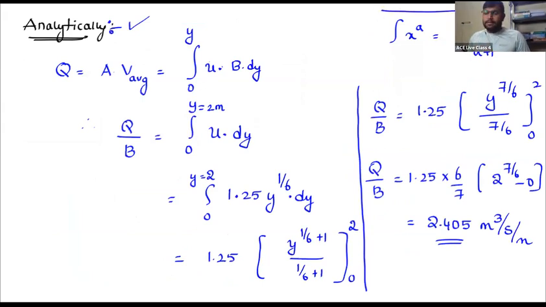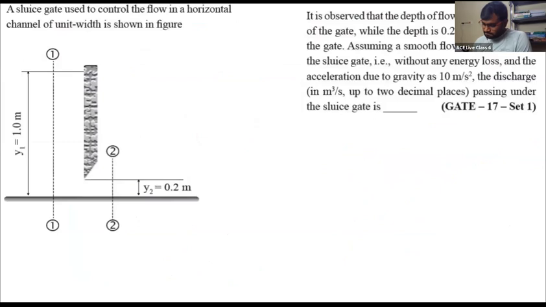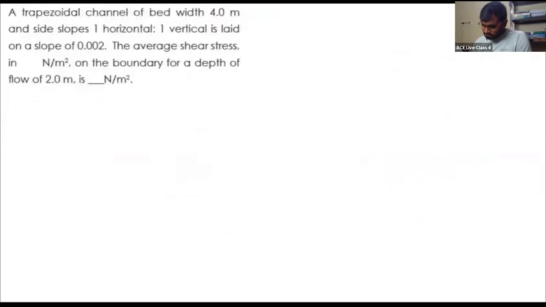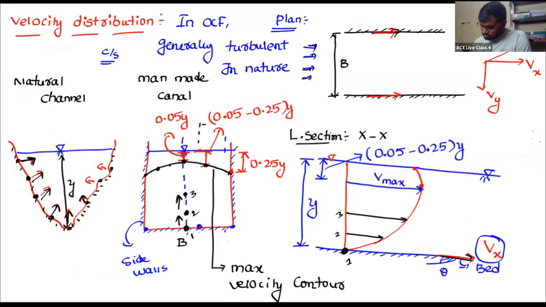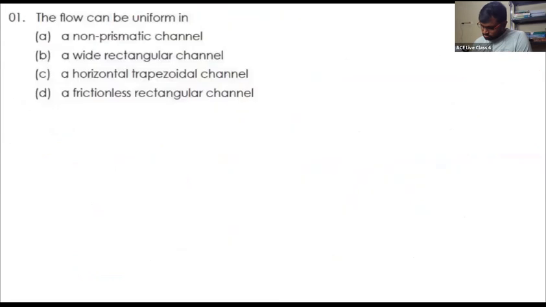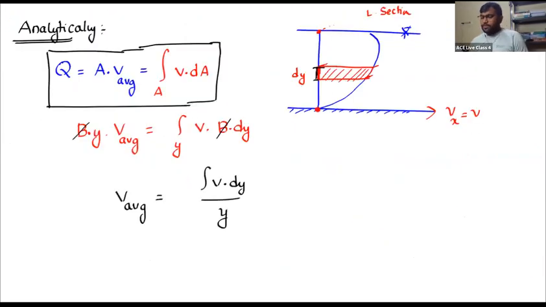Okay. So that's about the velocity distribution, and I hope you understood the differences between the 1-point observation and 2-point observation, and if you want to go for an analytical procedure, how to approach this question. Same way. Okay, so now